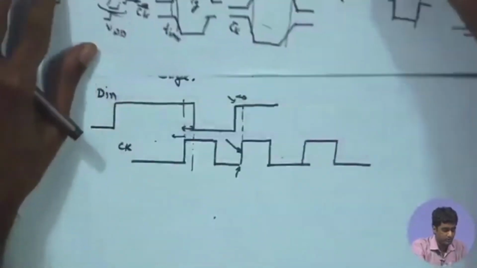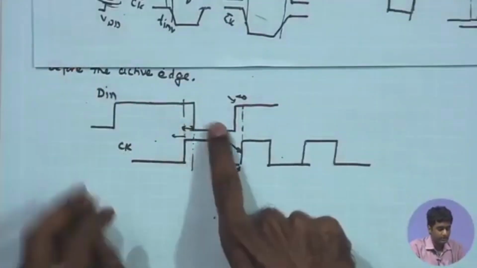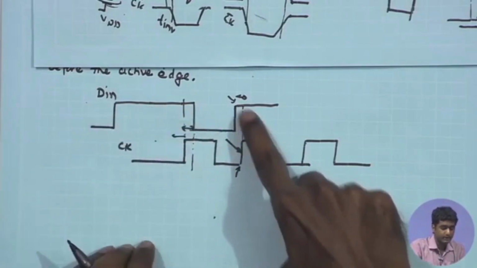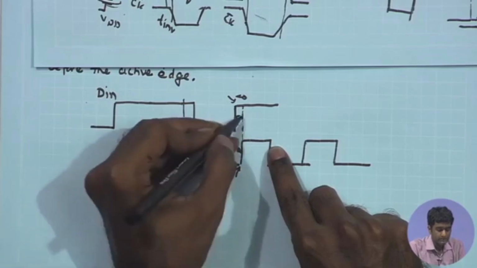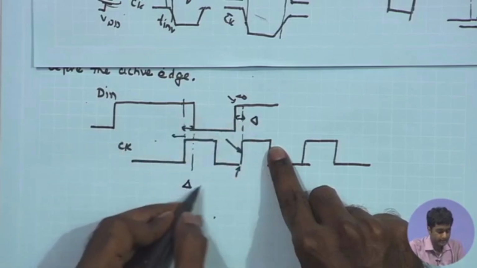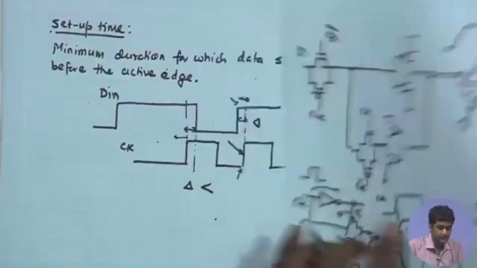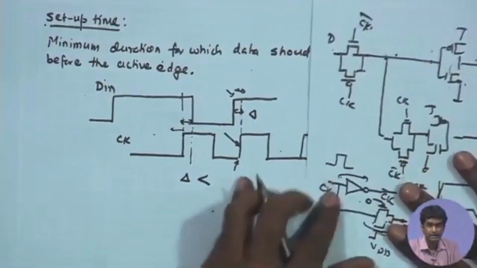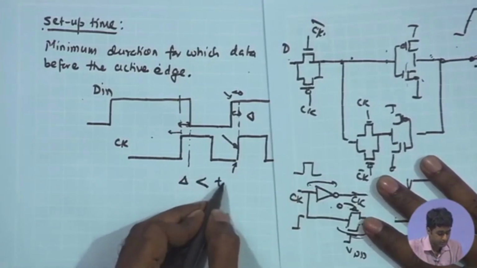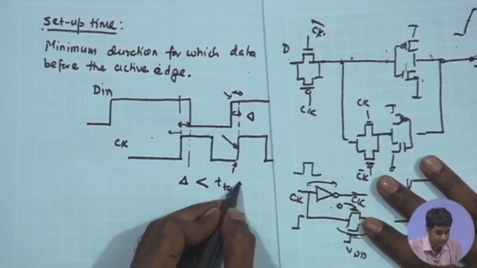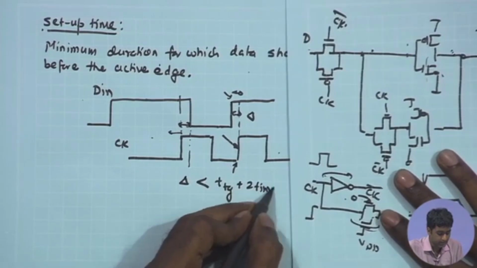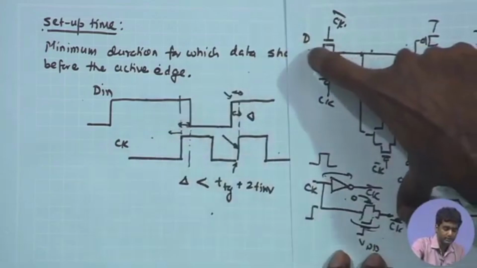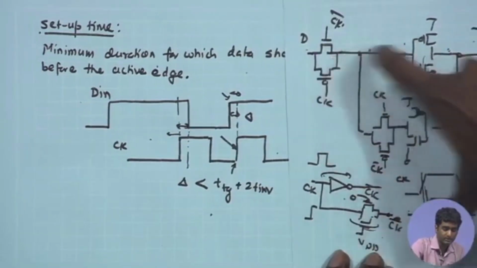So, here what I can say is, if at this particular point the data transition happened too quickly, that is, this delta delay is less than the Tg delay plus 2 T inverter delay. That means, if this delta duration is lower than this path delay through the Tg, the first inverter and the